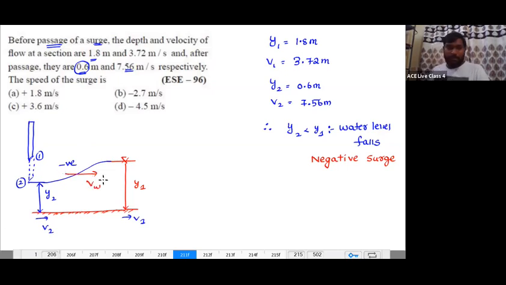This is VW for the negative surge. So what I want is this VW only, the speed of the surge. See, now I have everything with me: VW is there, V1 is there. Now apply the equivalent steady state. For the equivalent steady state, I have to apply VW opposite to this. Yes or no? Am I correct or not? Now, if you observe, from the equivalent steady state,